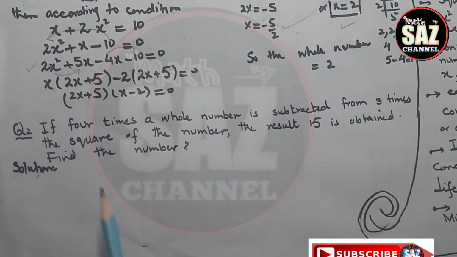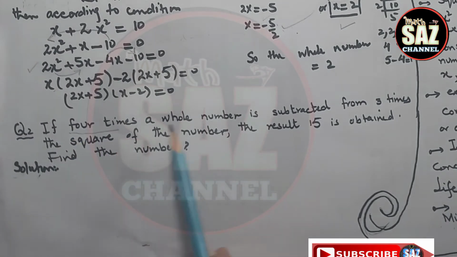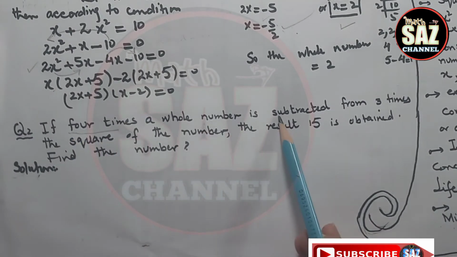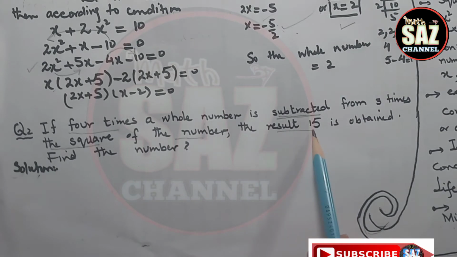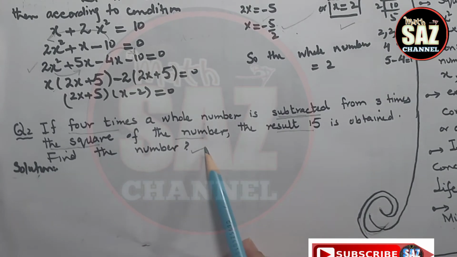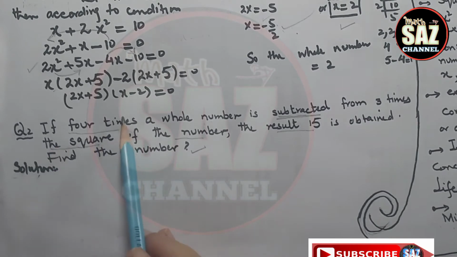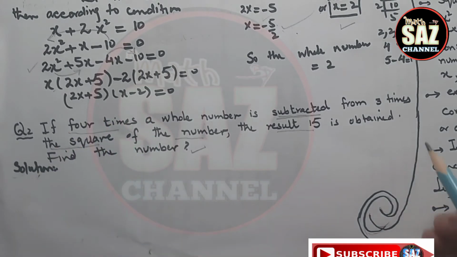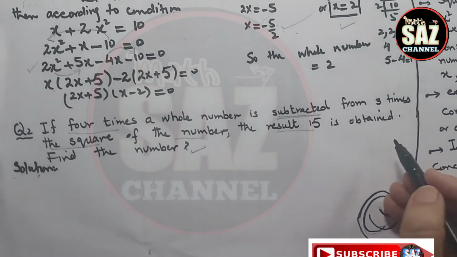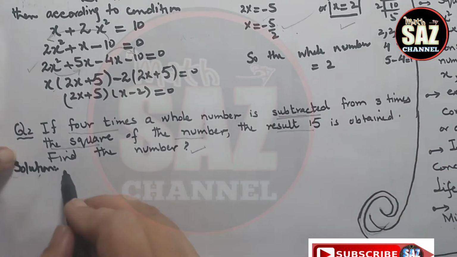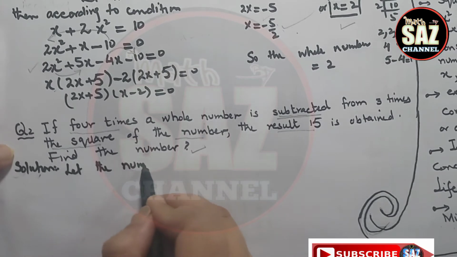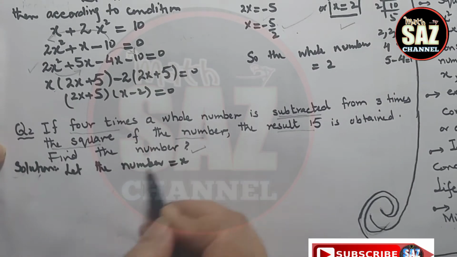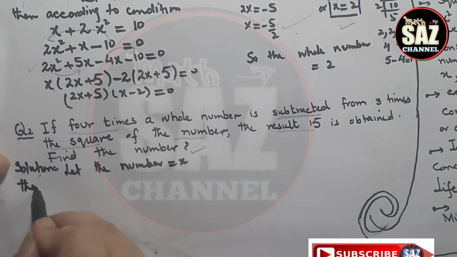The next question says, if 4 times a whole number is subtracted from 3 times the square of the number, the result is 15. Find the number. Let's read the question again. 4 times the number. So think about what will be the expression for 4 times the number. Let the number be x, then according to the condition,